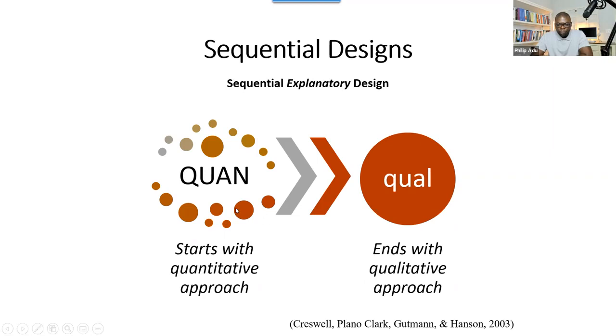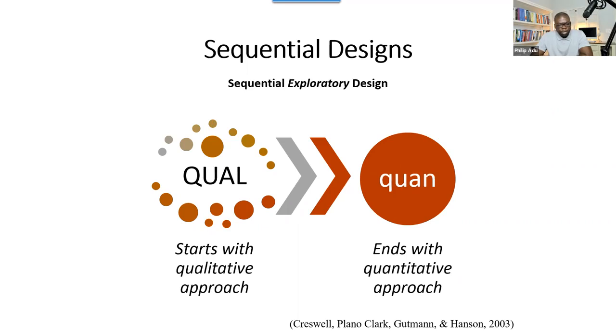So let's say for this one, you first started the study by measuring the anxiety level of participants. And based on the findings, you decide, okay, I want to only focus on people who have higher level of anxiety and interview them to find out why they have higher levels. So you see how based on the findings of the quantitative portion, you'll be able to decide who you want to talk to, to interview, which is quite different from the sequential exploratory design, where you start with the qualitative,